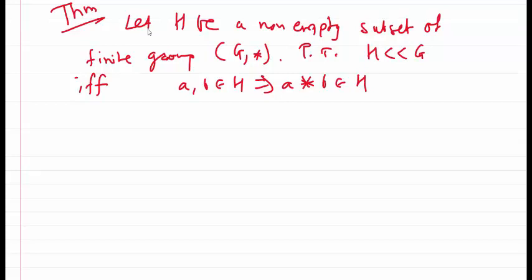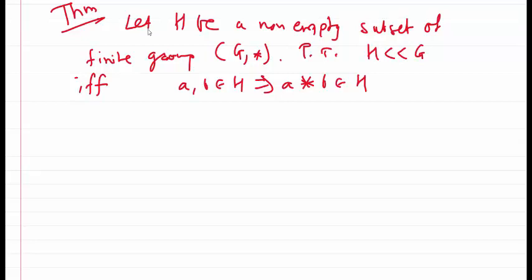Meaning if G is a finite group, then the criterion for H to be a subgroup is that it satisfies only the closure property. First of all, we know the definition: H is a subgroup if H itself is a group, which satisfies four properties: closure, associativity, identity, and inverse. So out of these four properties, if only one property is satisfied by H, then also H is a subgroup,